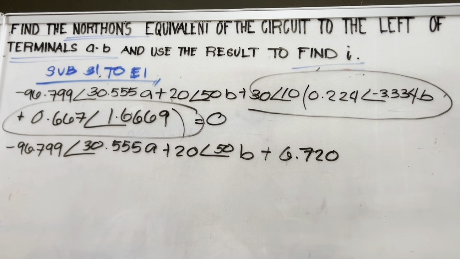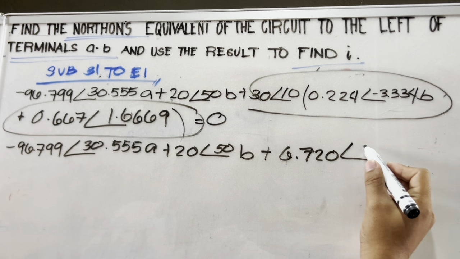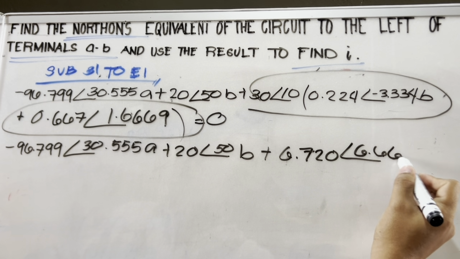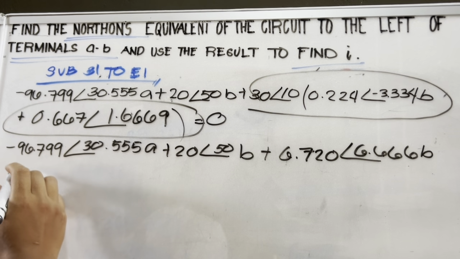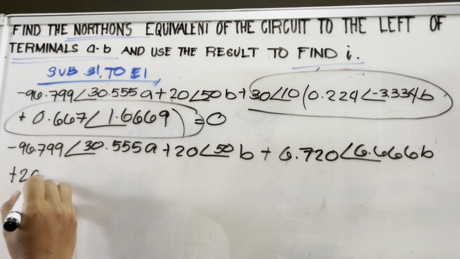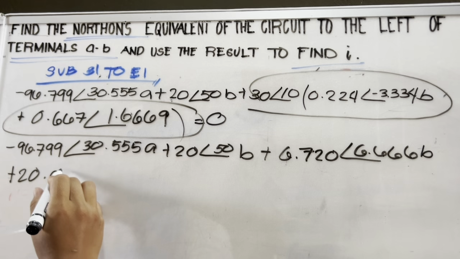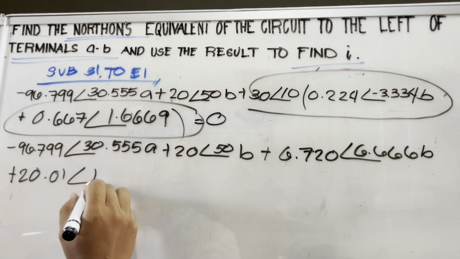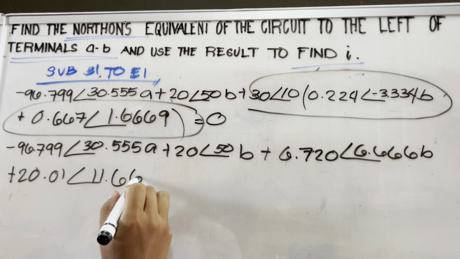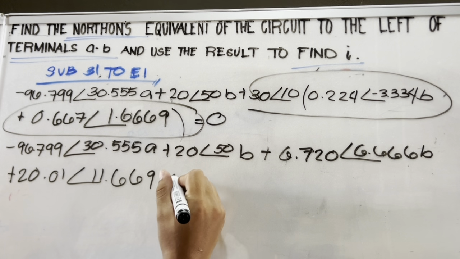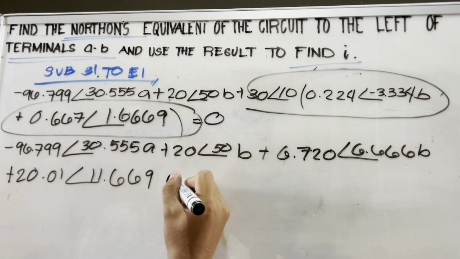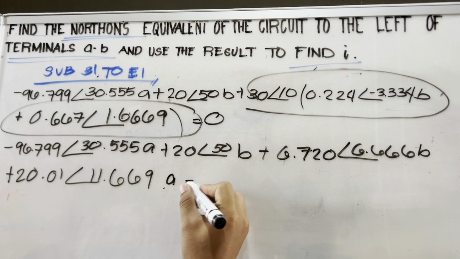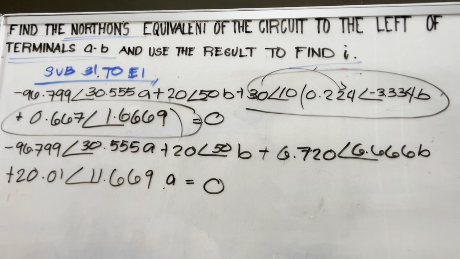6.720 angle of 6.666 times B plus 20.01 angle of 11.669 times A, or should I say this is A is equal to 0. Therefore, it is